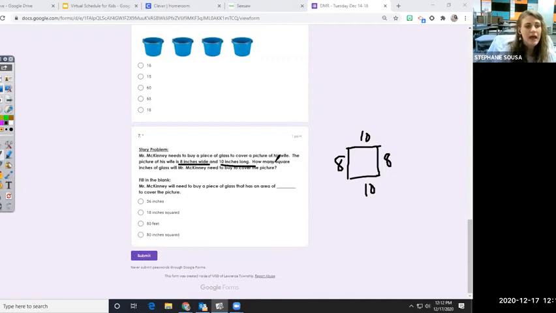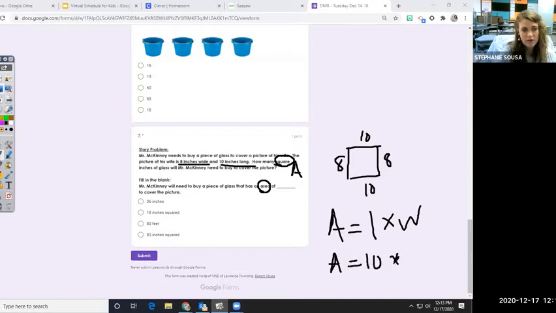How many square inches of glass? Square, that tells me I'm going to be doing area. How many square inches will Mr. McKinney need to buy to cover the picture? Mr. McKinney will need to buy a piece of glass that has an area, oh look, it says it in the question, of blank. Area is equal to length times width. My length is 10. My width is 8. 10 times 8 equals 80. So he will need 80